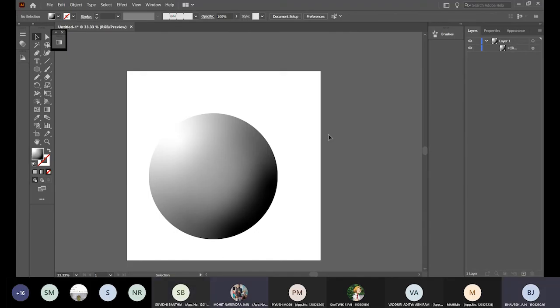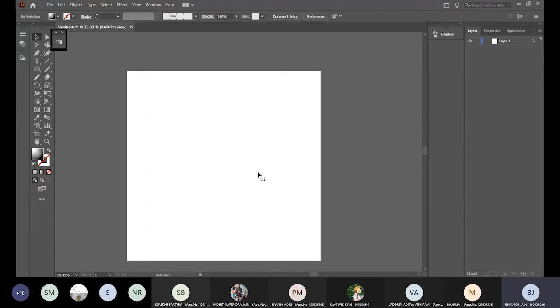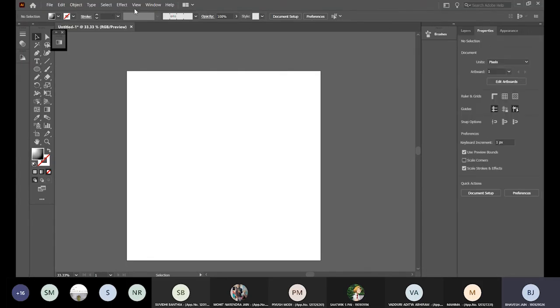So that is where your freeform gradients come the most handy, when you want to create something on the 3D side and give it a 3D effect. So that was the basics of coloring. Your key color menus are all here in the properties panel, or you can get it from the window. Your gradient panel has multiple options. You can create your own colors.